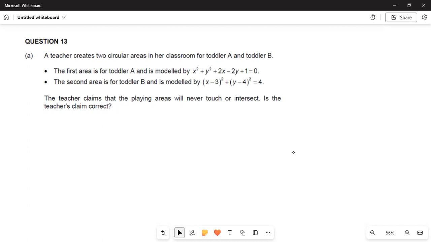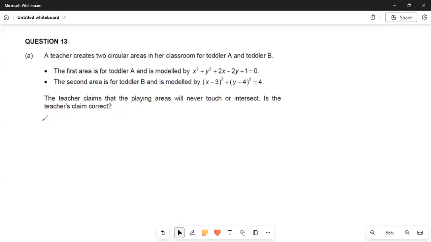Now, if we look at our answer sheet, we'll see there's three ways in which they did this. We will only be focusing on the first and the last, because the second one requires drawing and it's easier to understand. So you can go ahead and go through that one. So for the first one,